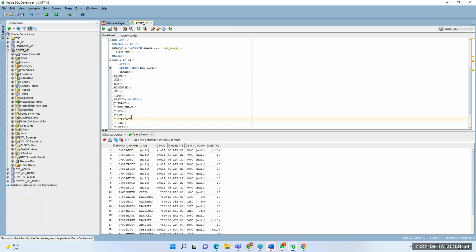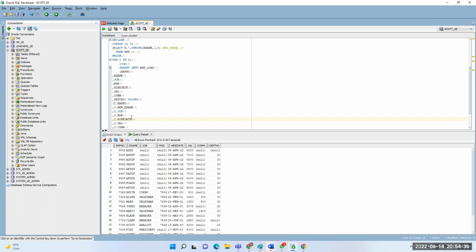Before that, can you explain a little bit about the syntax, like you wrote there, cursor C1? What does C1 mean? Cursor is the keyword. C1 is the user-defined name; any name you can give it here, either C1, E1, D1, whatever it may be. That is up to you. So C1 is the alias name of the cursor, the name of the cursor. This is the syntax we have: cursor is the keyword, C1 is any name you can give, called the cursor name.